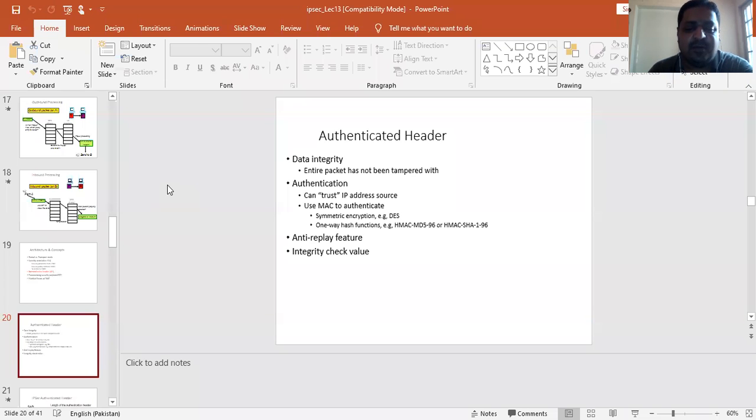For example, there's a possibility that if a packet received by the receiver is intercepted by the intruder, he may modify it and then send the packet to another system. Or he can spoof the IP address of the other system, use that IP address, and then send the data to the other system. So in this way, he can